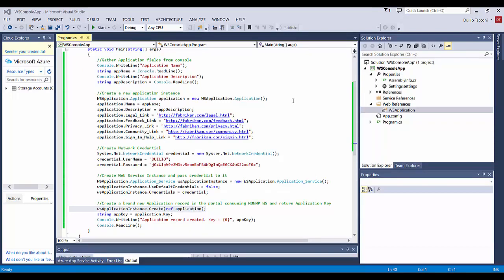And now it is time to add some code to our Microsoft Visual Studio Console application. The first 4 lines of code are just used to gather application fields from the console. Using WriteLine and ReadLine, we can populate application name and application description string variables. These variables are passed to an instance of an application that has been created using the WSDL of the web service, plus we have hard-coded, for the sake of this example, the legal link, feedback link, privacy link, community link,